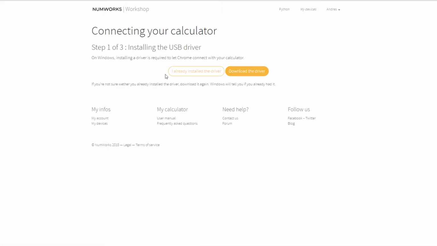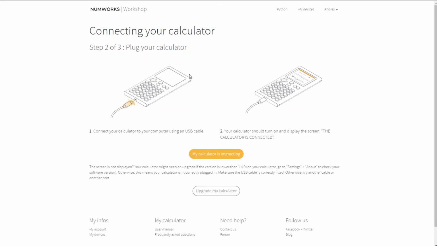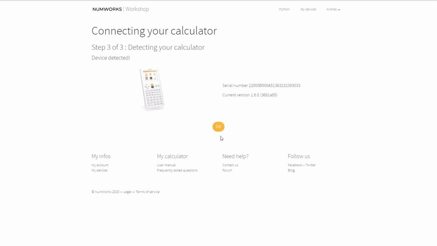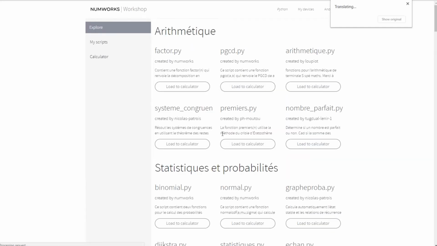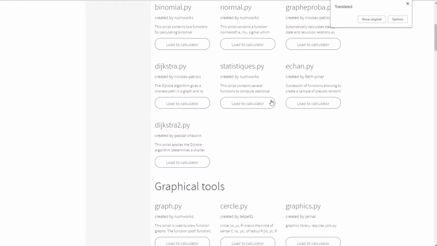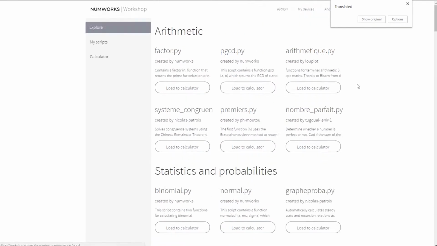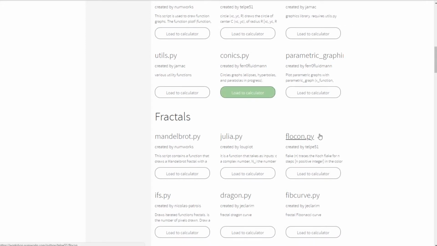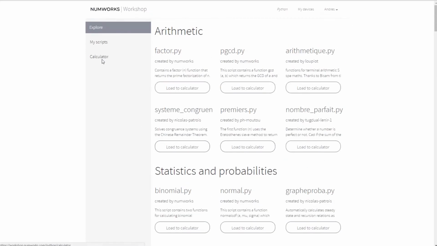If you don't already have the driver installed, make sure you download it. I already installed the driver. If your calculator says the calculator is connected, which mine does, I will click the calculator is connected, and then OK. And then we should be able to download these files to our calculator. So let's say I want to download whatever this file is, connix.py. All I have to do is click load to calculator,